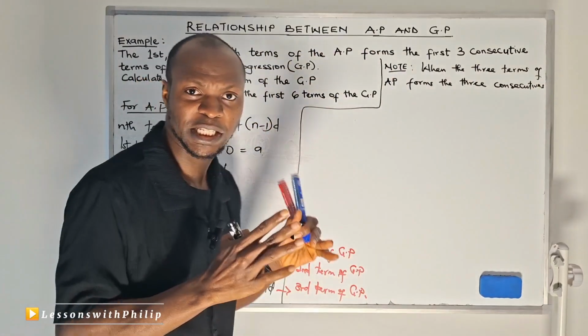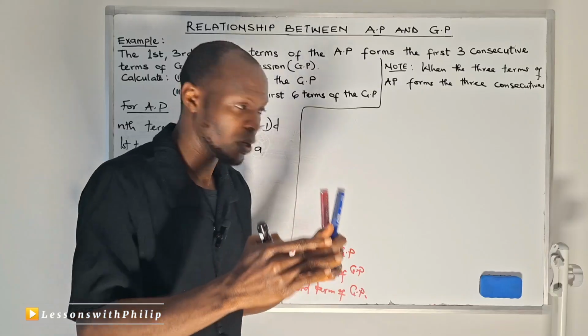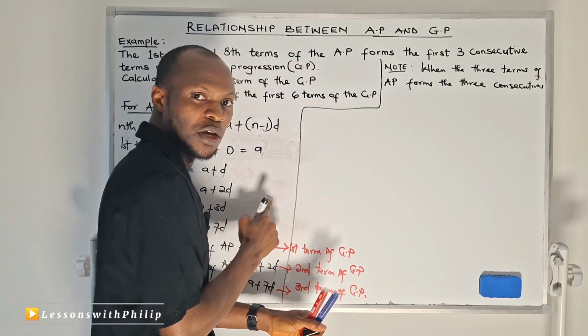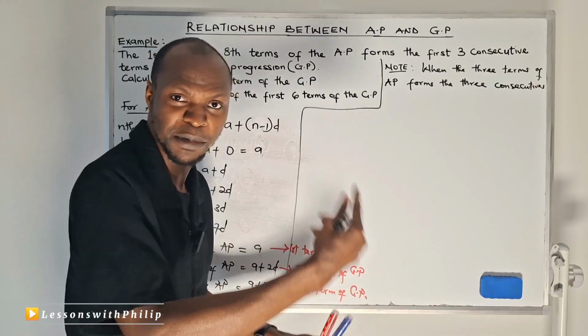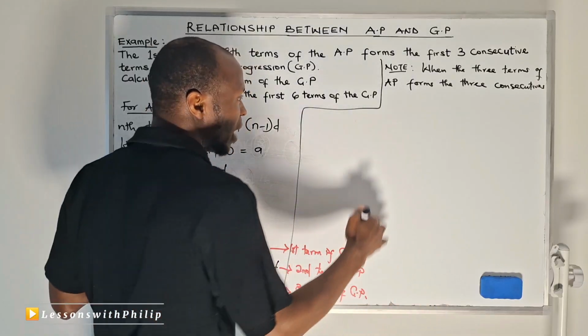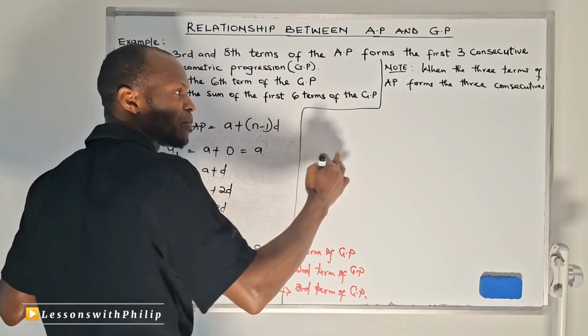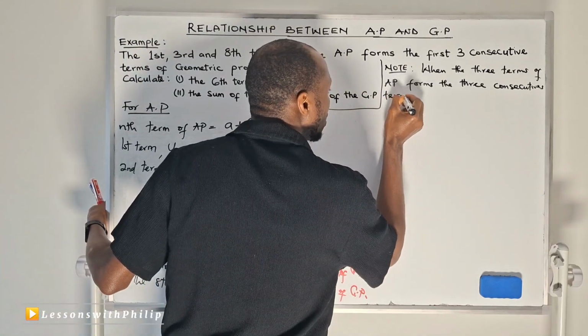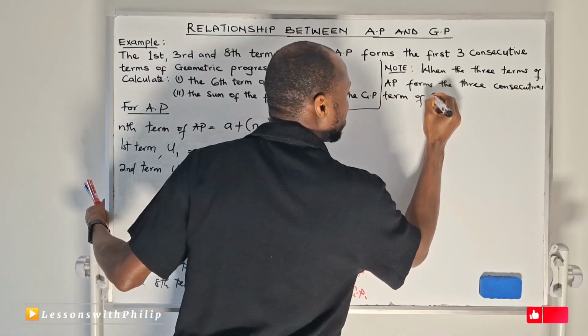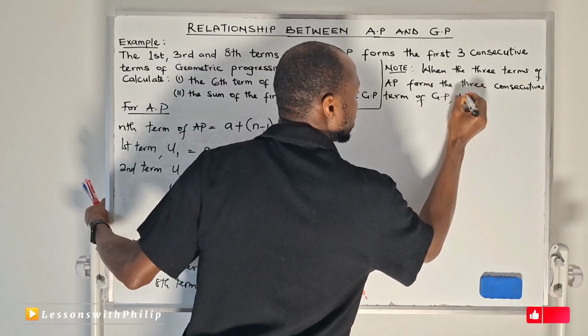When they say consecutive, it means they follow each other. When we have 1, 2, we know that the next number that should follow should be 3. That means they follow consecutively. Now, when the three terms of an AP form the three consecutive terms of a GP, then